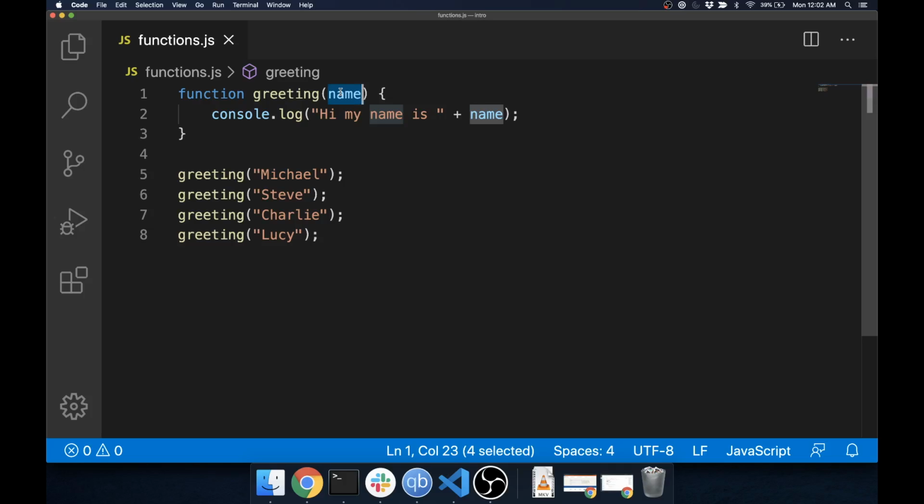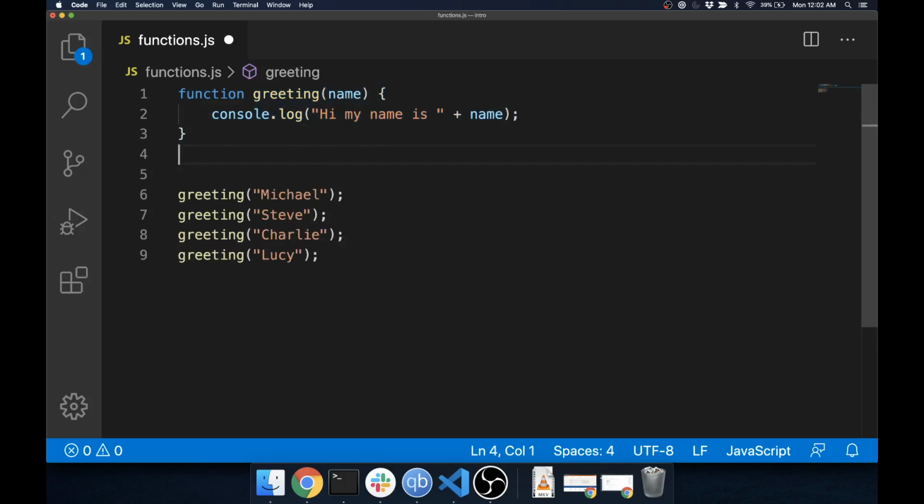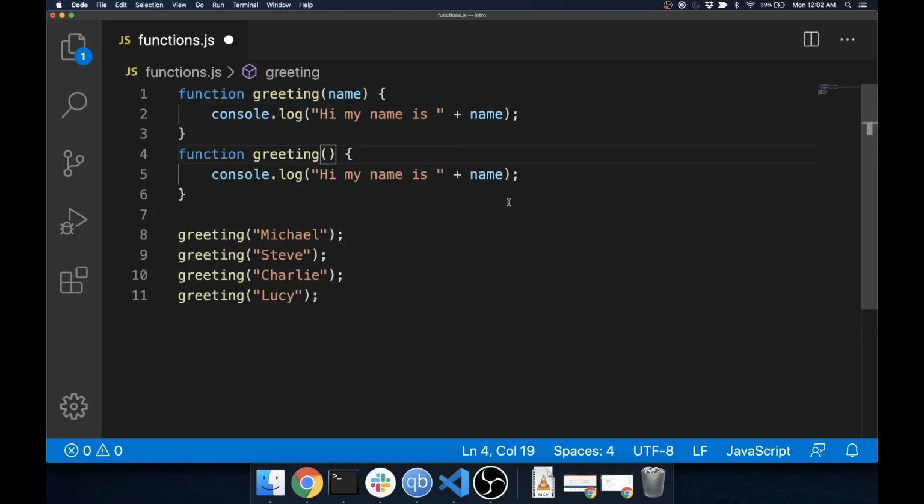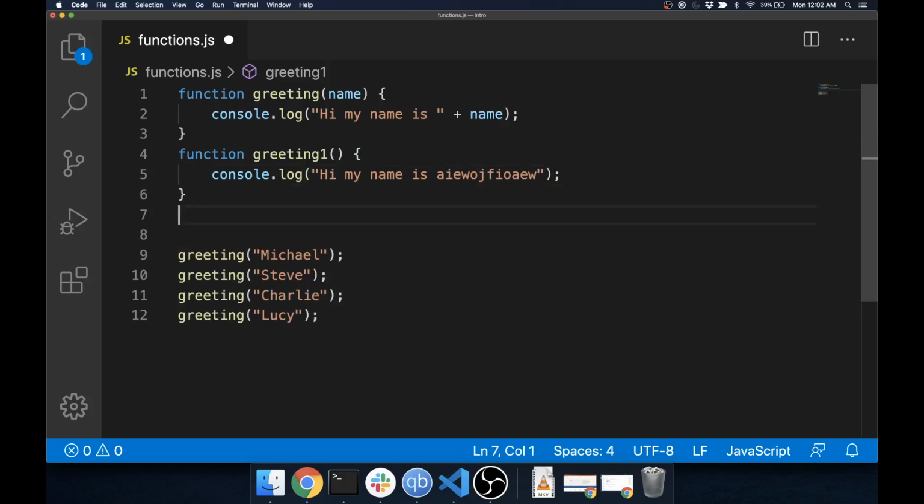So just like I showed you before, functions don't need to have parameters, and you won't always use parameters in every function. So they're not by any means mandatory. Likewise, you can have functions that take multiple parameters. So we could have a function add,